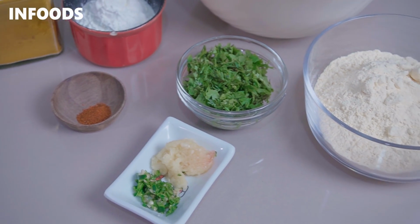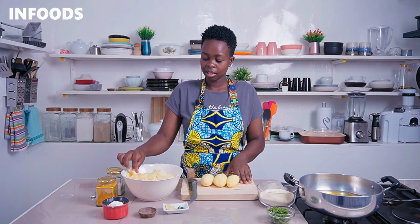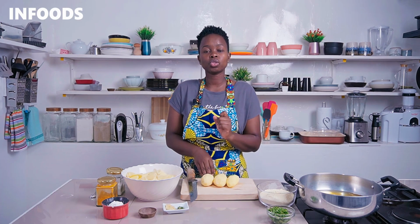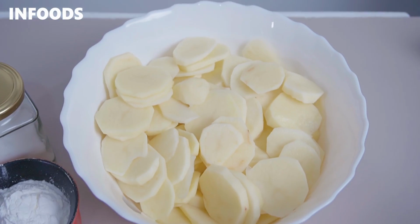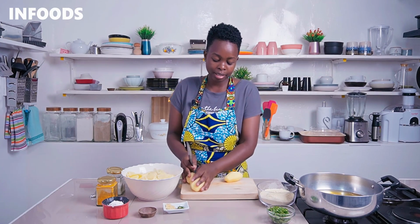You're going to get started by peeling and washing your potatoes until clean. Once the potatoes are clean, you're going to be slicing your potatoes into round shape, just like this. So I have 3 potatoes over here, and I'm going to be showing you the size. You're going to pick a sharp knife and lay your potato on one side, just like